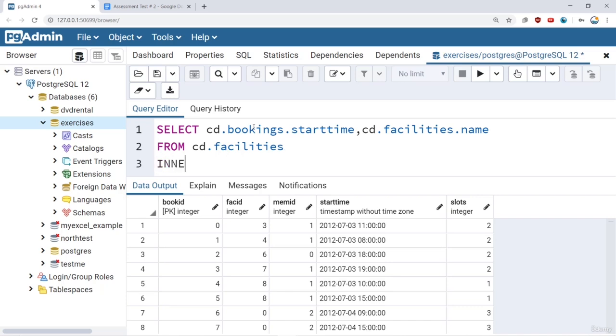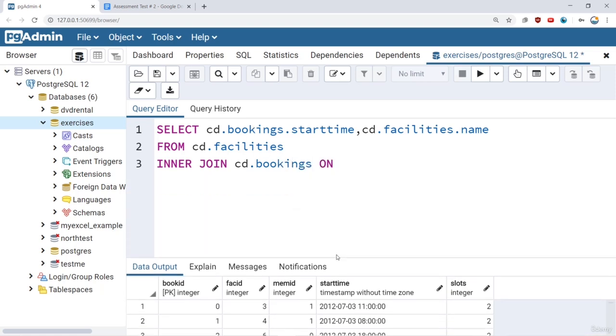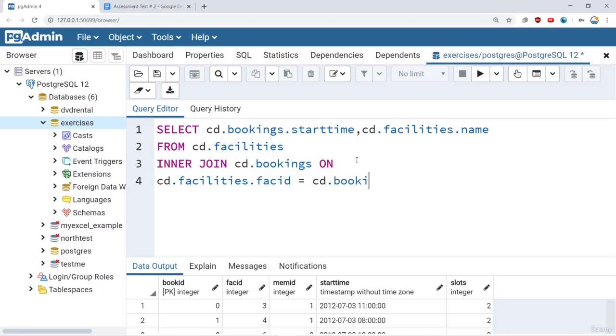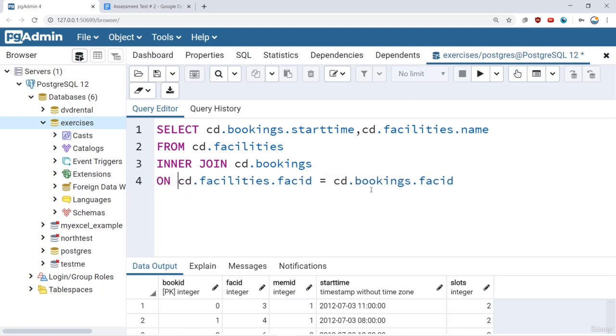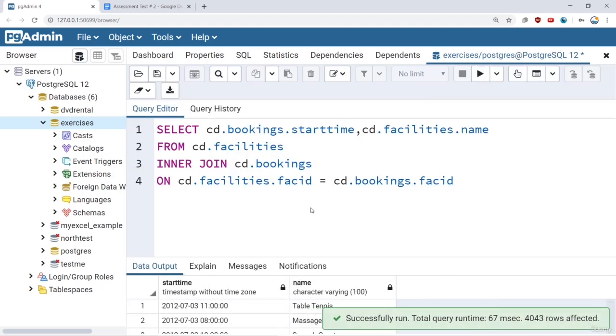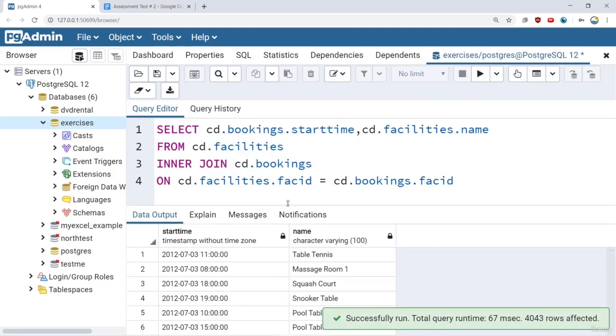And then what we're going to do is select this from CD, and we'll take the facilities table and do an inner join to CD bookings on, and let me scrunch this down a little bit, on the facility ID column. So on cd.facilities.facility ID is equal to cd.bookings.facility ID. And let's go ahead and put that on the same line, just so it's a little easier for me to read here. So if I just run this, note that I get back all the start times and